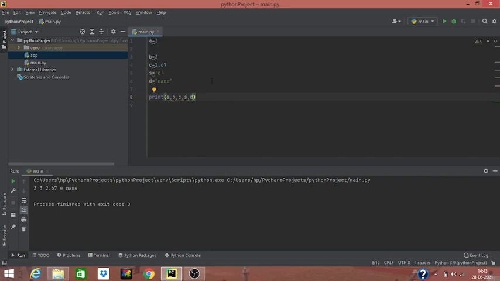Okay, you can see the results in the little terminal window, which is 3, 2.7, name. I have printed twice. Both the values are the same.